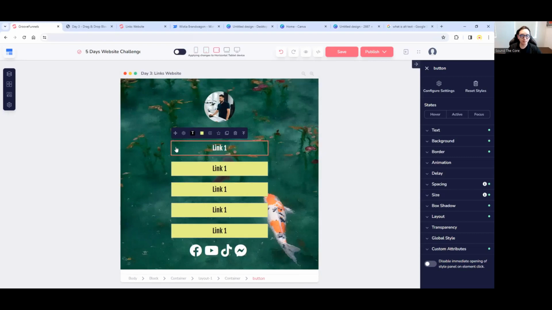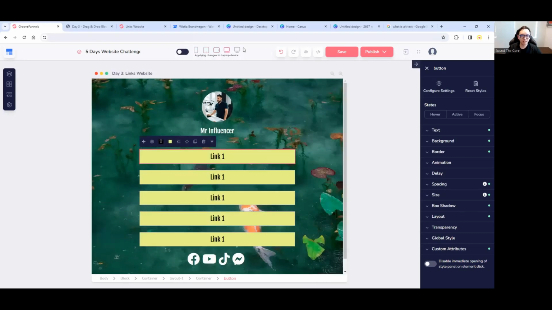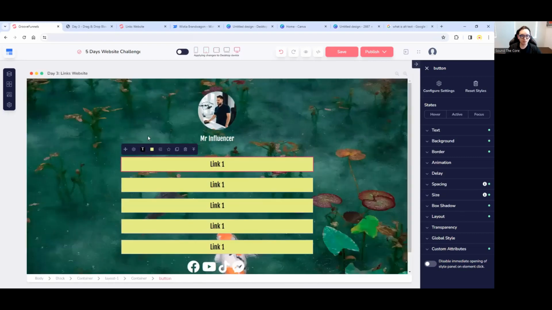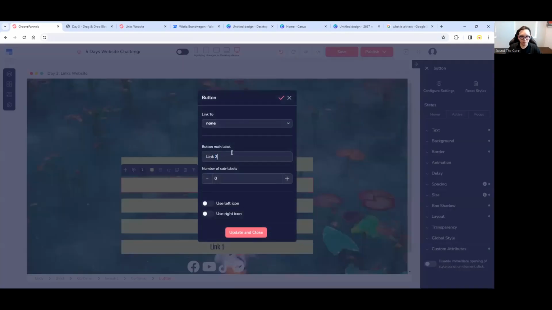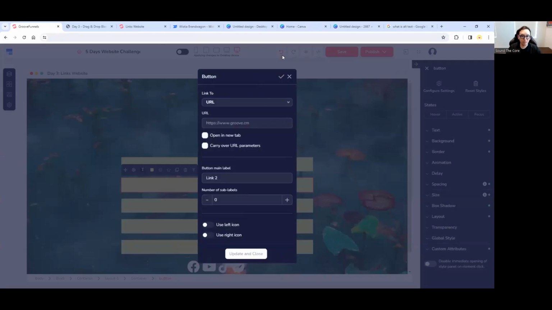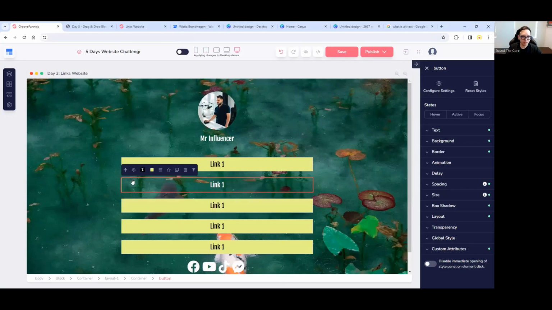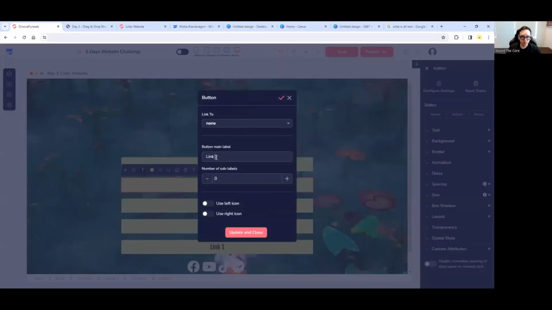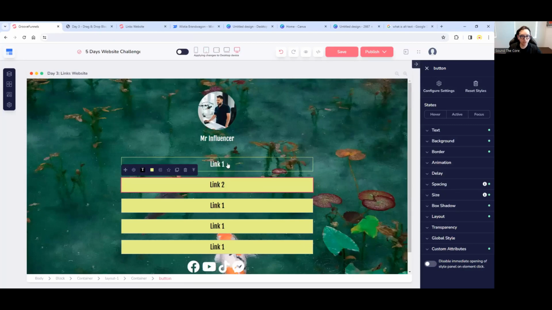I will just copy and paste from the first box, and then what is left is simply to change the label or the description of the button, which I have to do anyways when I set up the URL to what I want to link it to. That's it. Link 1, so I just have to change it to link 2. But remember, because this button is toggled as only applying changes to 1,